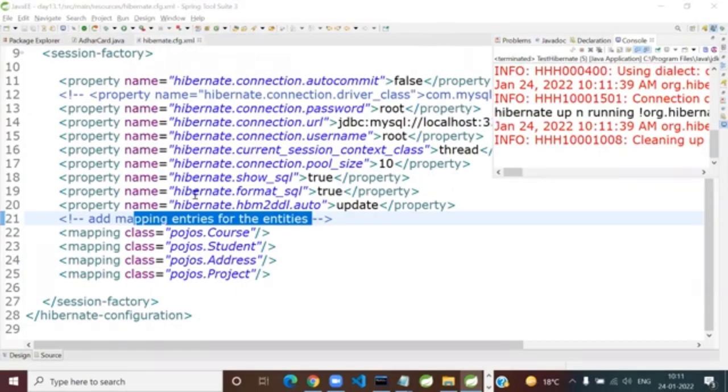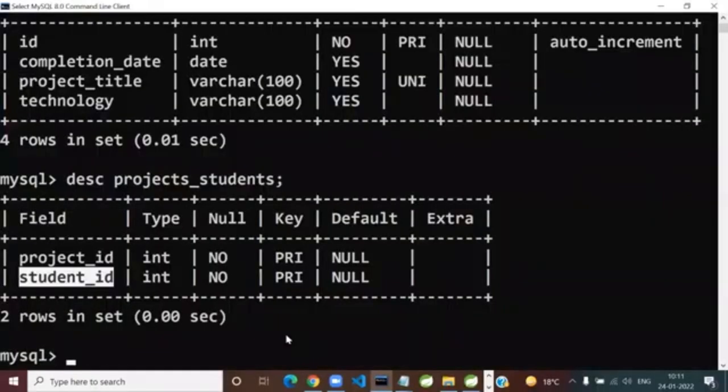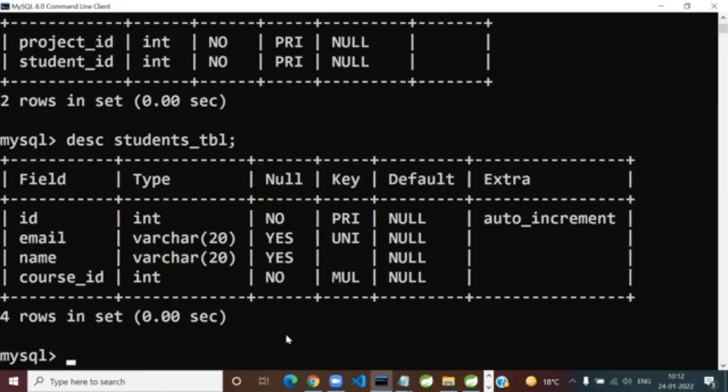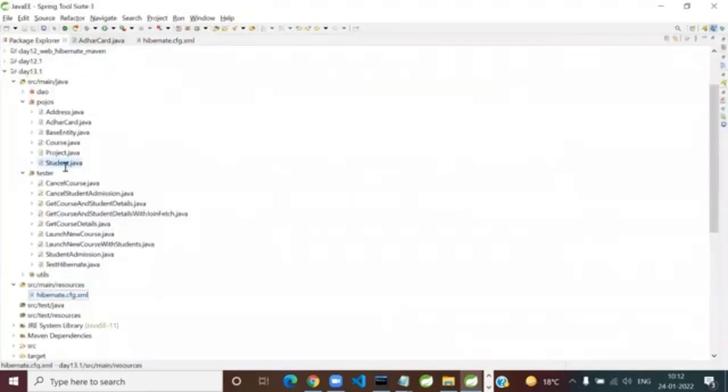Oh, why did it not work? What did I run? It should have altered the table. Something went wrong. You check it, guys. Describe students table. Oh, I know what I forgot. Does anyone want to tell me what I forgot? Of course, there's no alter table. I forgot in a hurry. Is there currently any link between student and Aadhaar card? Quickly, yes or no? No link. So where will the link be, from Aadhaar card to student or student to Aadhaar card? Of course, student to Aadhaar card.